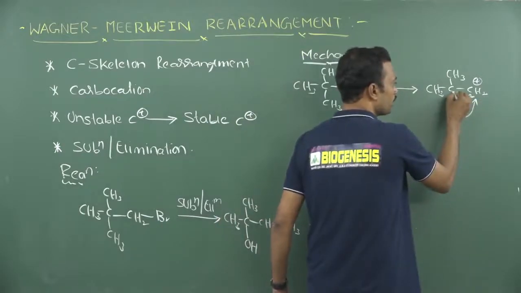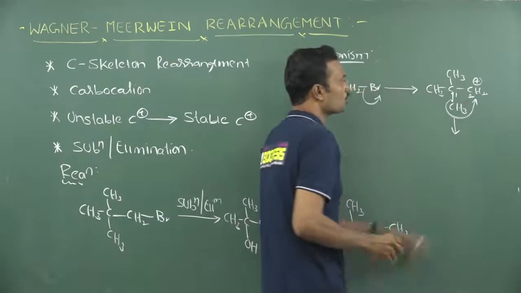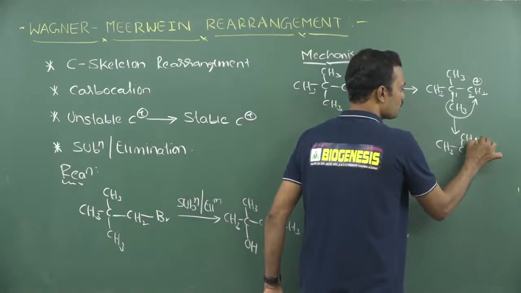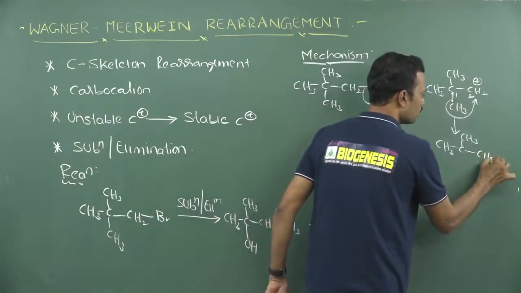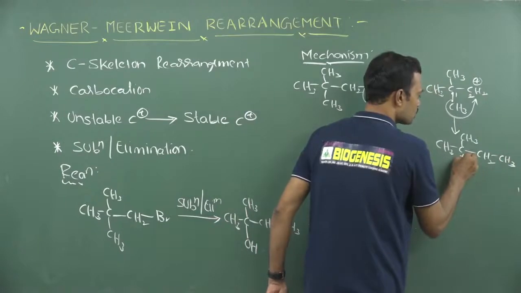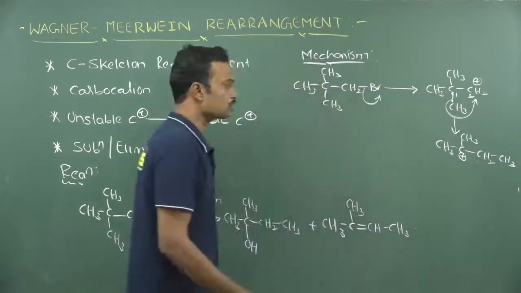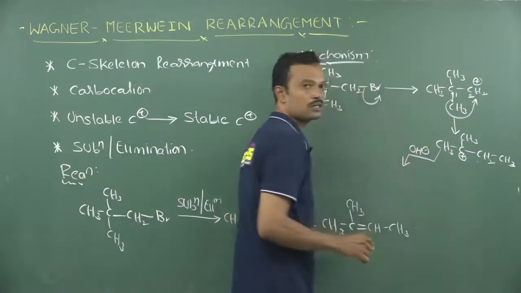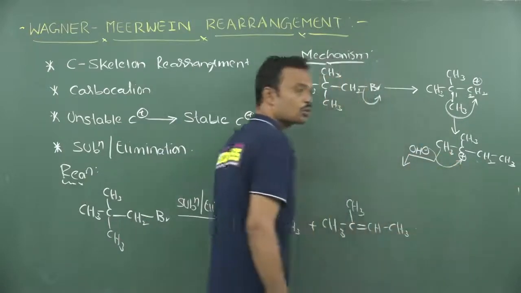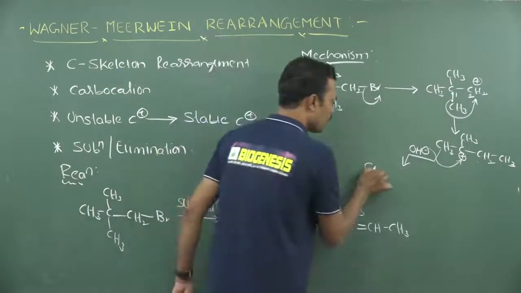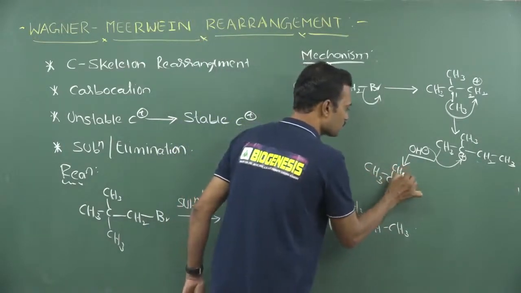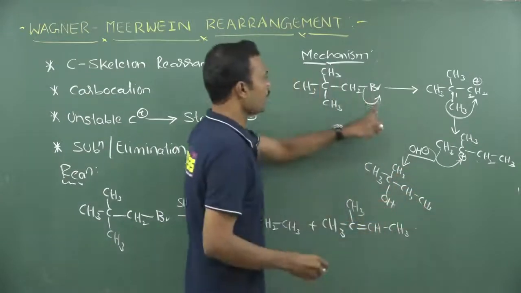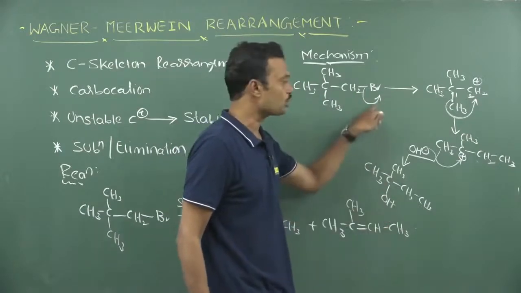This is an anion migrating, with its bond pair of electrons, to the adjacent carbon. So, this is in the form of CH3 minus. This CH3 migrates from here to here. So, we can write CH2, CH3, and this is a carbocation like this. After getting this, two possible products are expected. The first is with a nucleophile, the second is with a base. The nucleophile will attack here, and that is called a substitution reaction. After carbon skeleton rearrangement, this happens. Now, this is CH2 followed by CH3 and this is OH. See here, the halogen is substituted by OH minus, that is why it is called a substitution reaction.